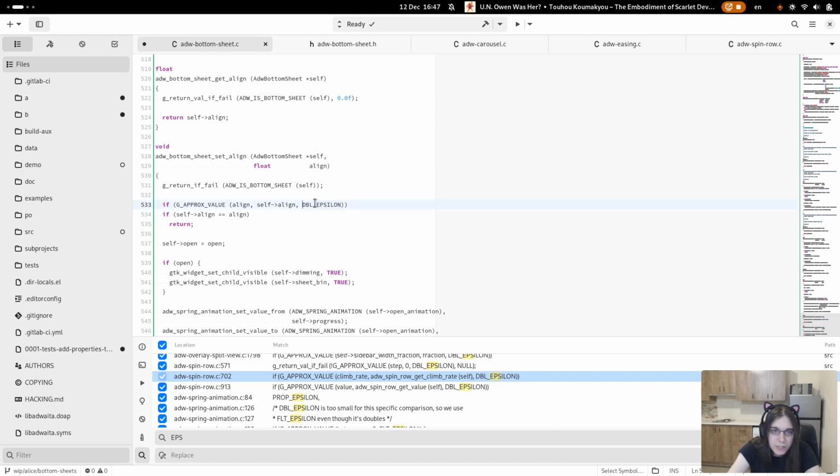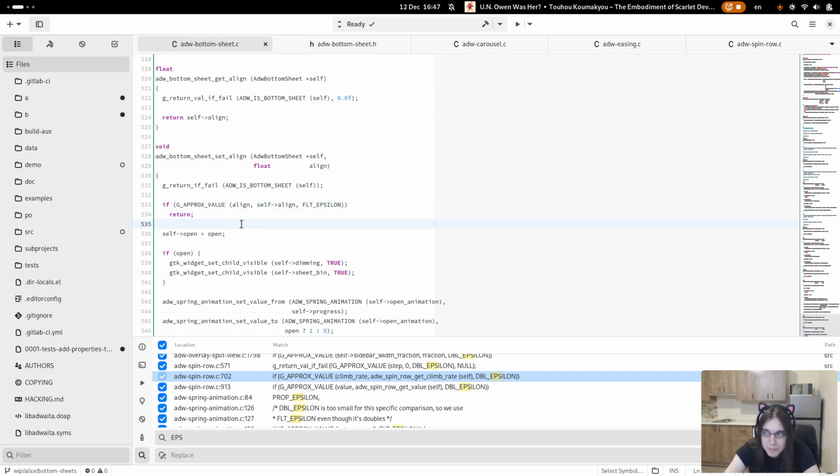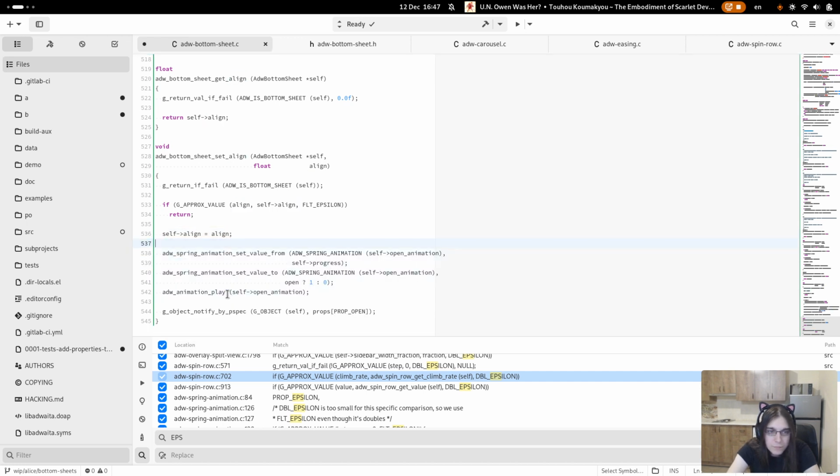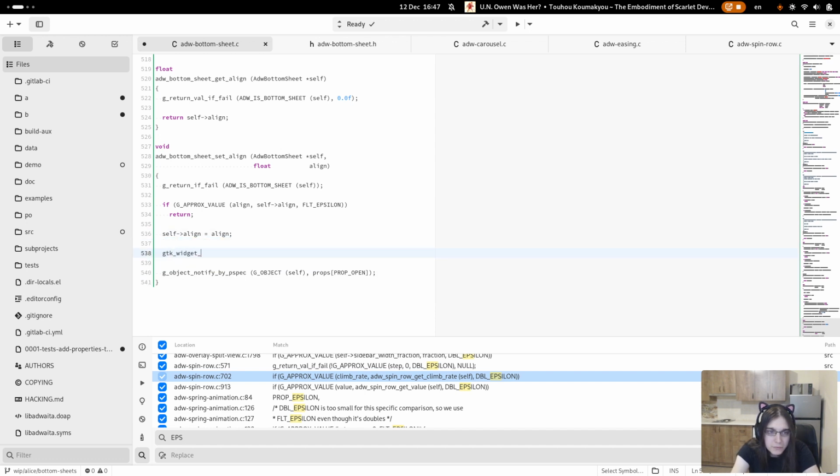Align, self align, and FLT epsilon, because we're using floats here. It doesn't need to be that precise, and most people will just set it to either 0, 1, or 0.5. So no one cares. We don't need to do any of this. Instead, we need to queue allocate. And we need to notify the property.